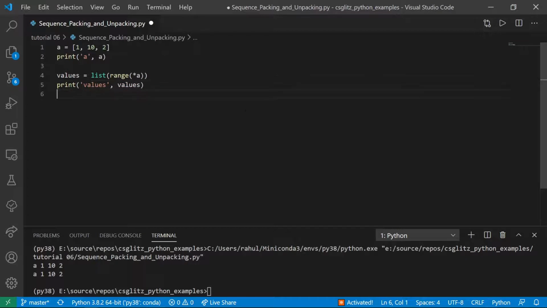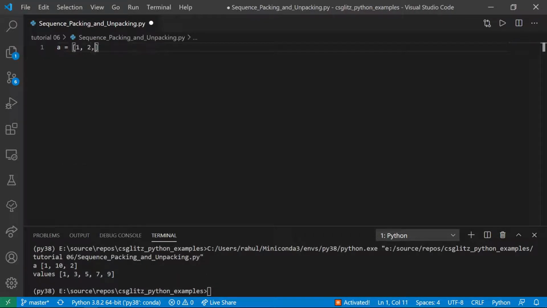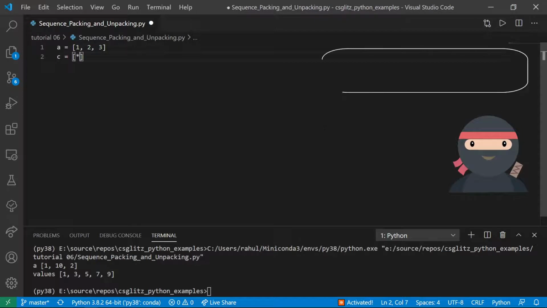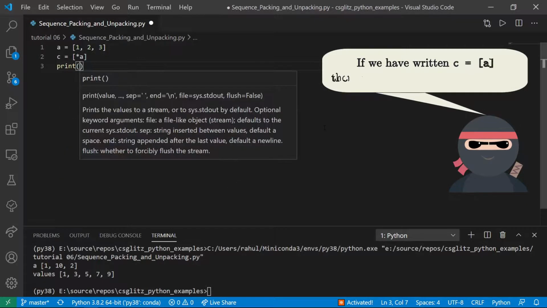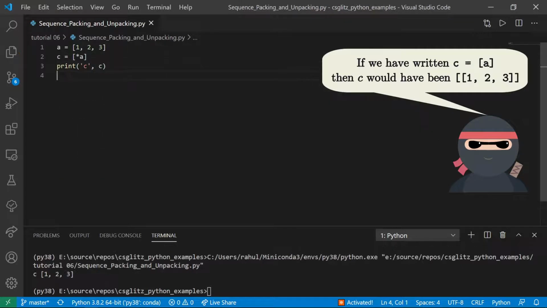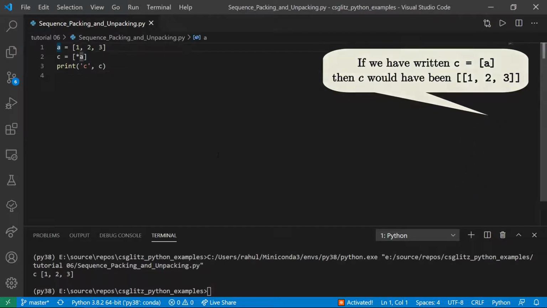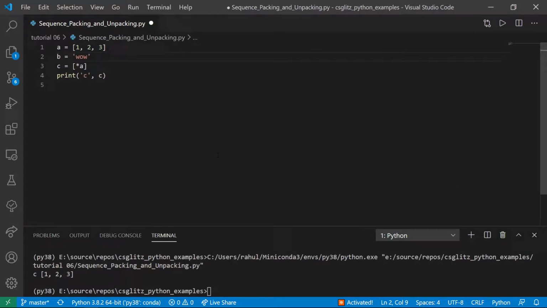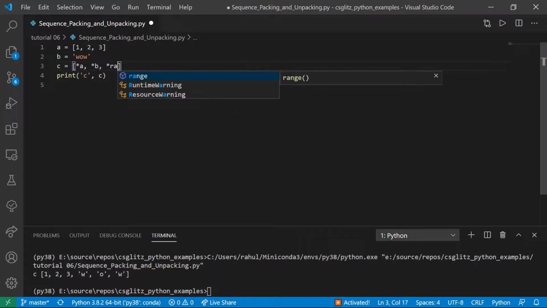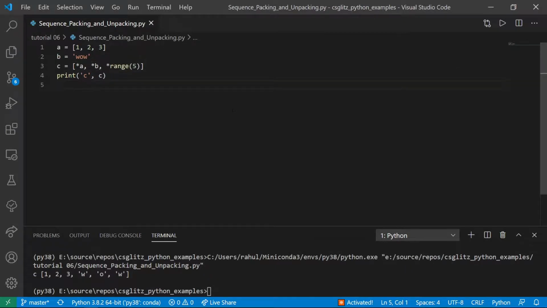This will create a range object with parameters 1, 10, and 2. We can unpack to create a new list as well. We can unpack strings. Or any other iterable.